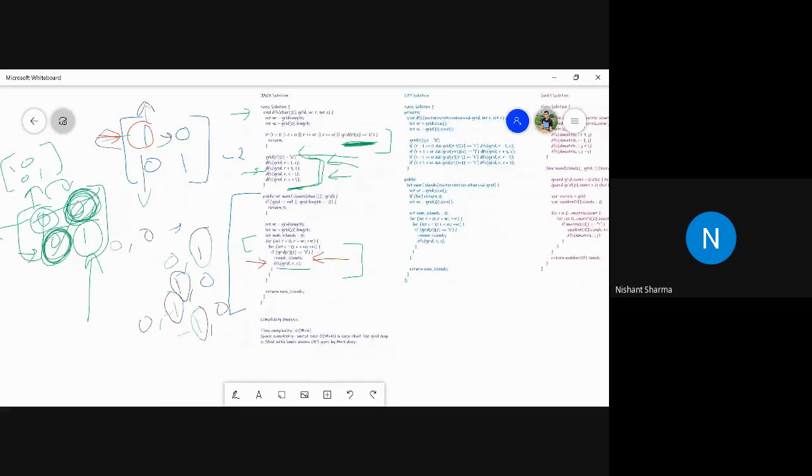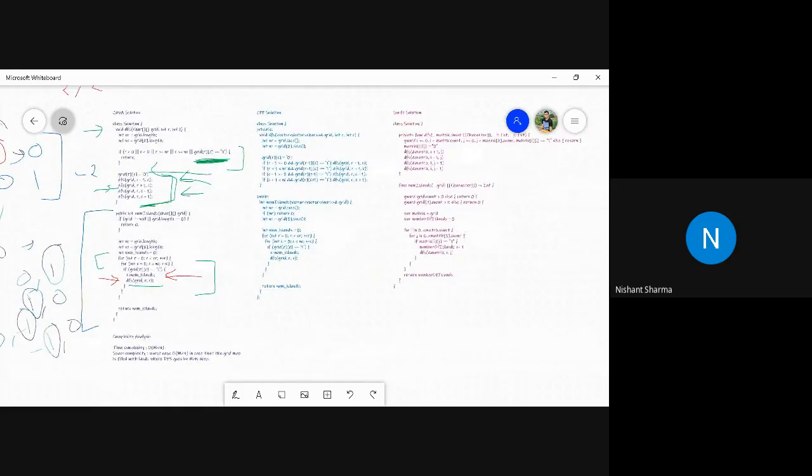And overall time complexity will be, we need to traverse all the elements in the matrix. That could be the worst case. For example, when the matrix contains all ones, then we need to basically traverse all the elements just to mark them as one island. And the space complexity could be order of m into n, because we need to use the recursion, and in the recursion, when we traverse all m into n elements, the overall space complexity will be m into n itself. Similar solution is for C++ and Swift. I believe I do not need to explain.